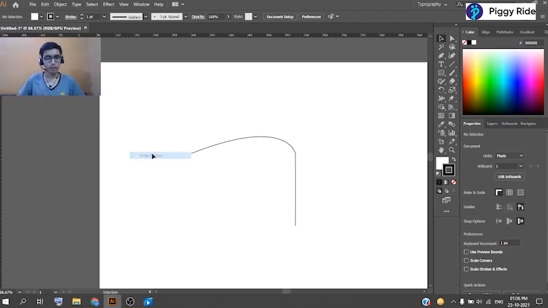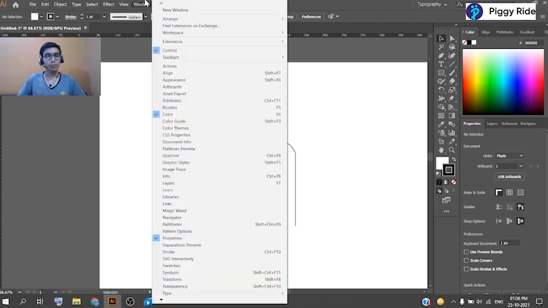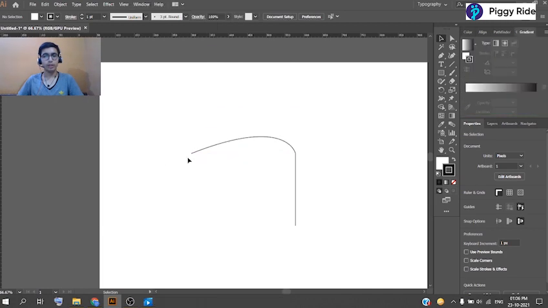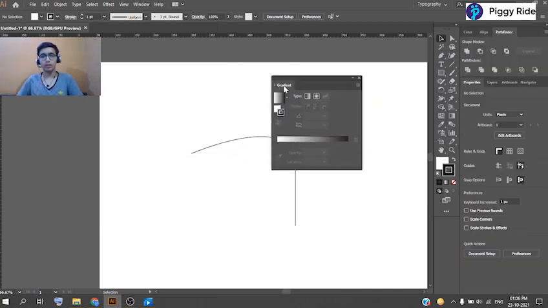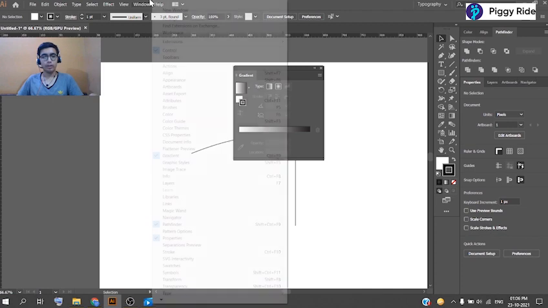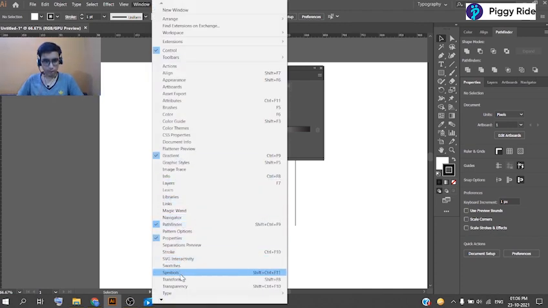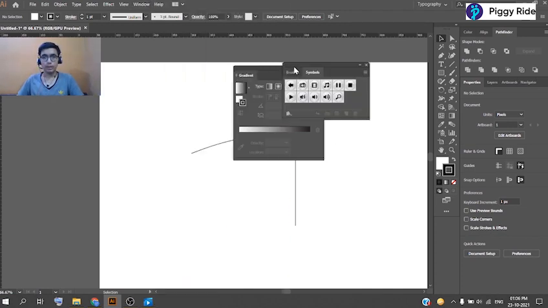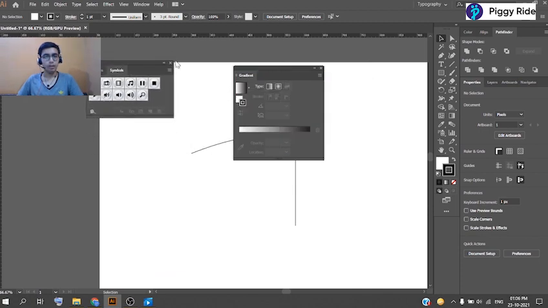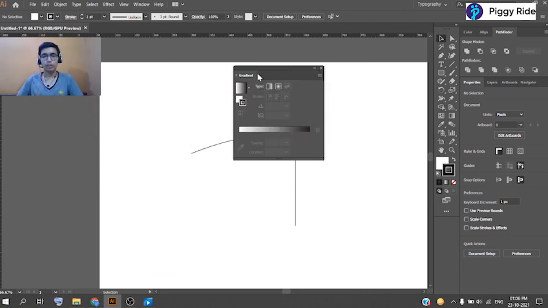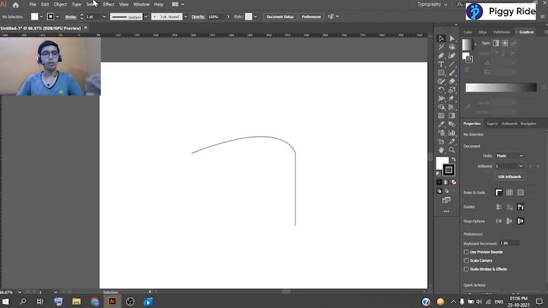So we will just hide guides. After that, we have the window panel, where all the options of the software are present. If I want a gradient panel, if I have to create a gradient, I will explain what a gradient is after that. But for example, if I create a gradient, you can see it has opened a gradient panel for me. Or if I open a symbols panel, you can see that the symbols panel has been enabled here. Okay, so the window contains all the tools of the software.